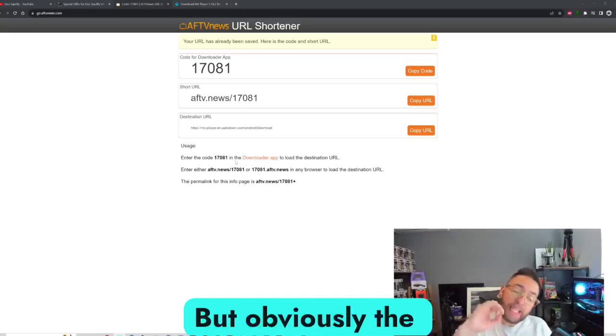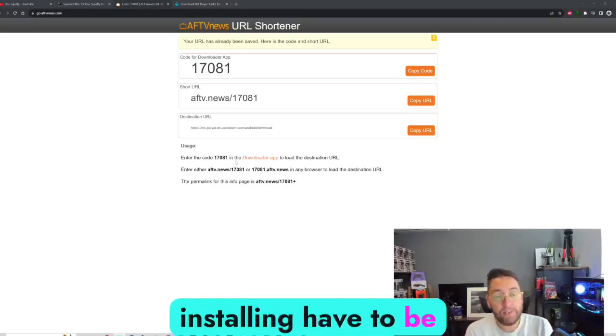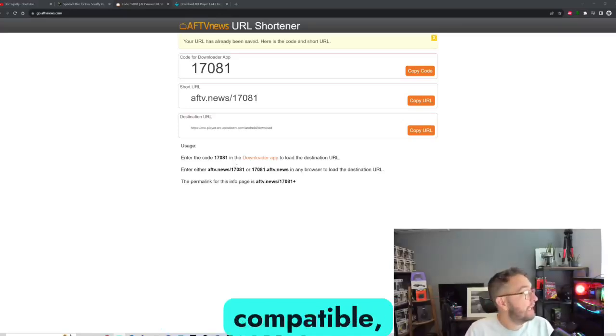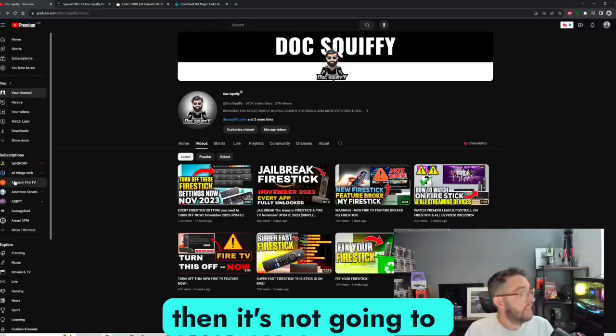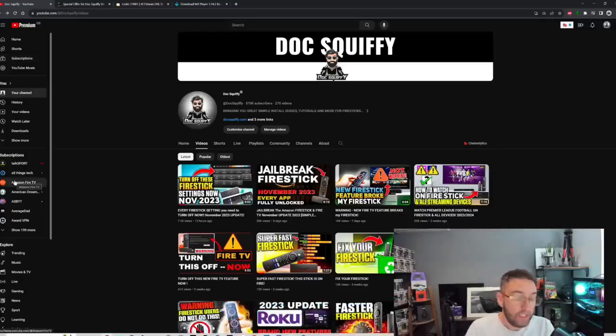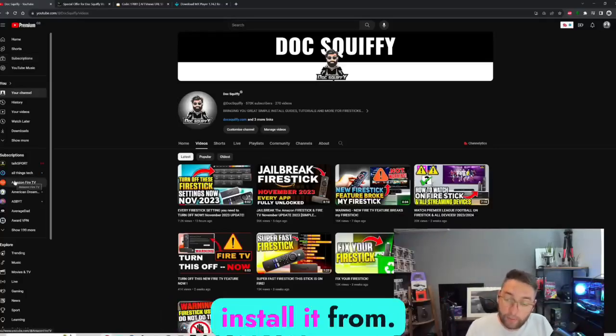But obviously, the applications you are installing have to be compatible with your Fire TV device. Okay, so if they're not compatible, then it's not going to work. So if you tried to get something like Sky Go, which doesn't work on a Fire Stick, it still won't work no matter where you install it from. Okay, it's things